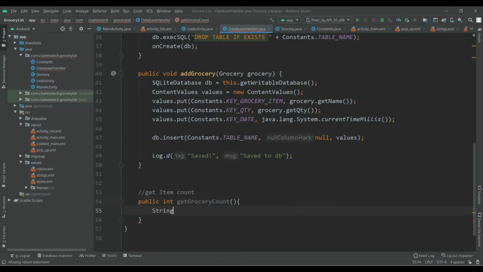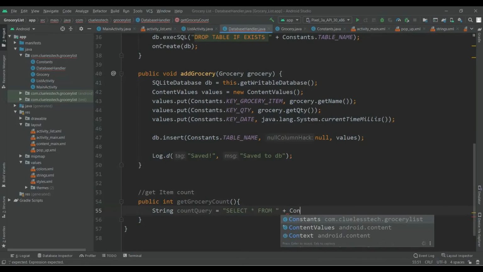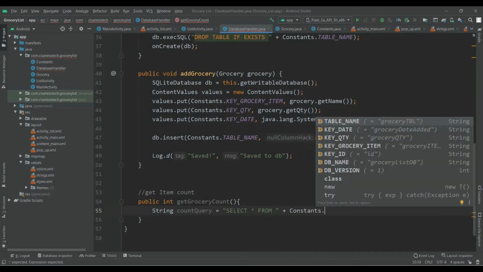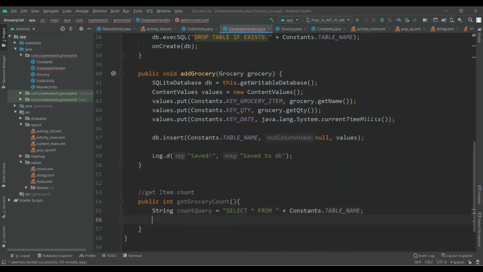Okay, so now String countQuery is equal to select * from Constants.TABLE_NAME, SQLiteDatabase db is equal to this.getReadableDatabase. This readable database is used because we are reading data.